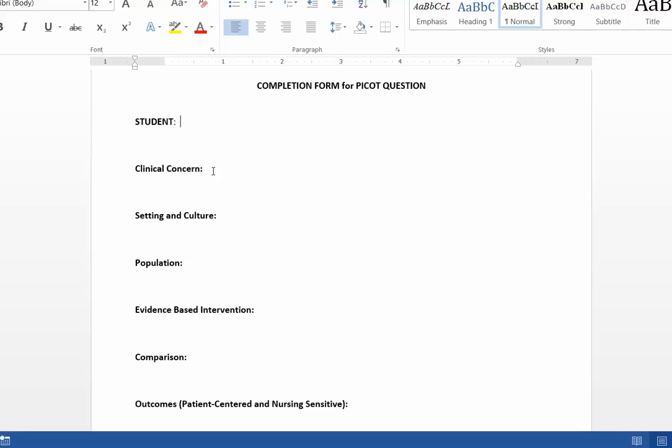So think about your clinical concern as being in the patient, reflected by things that happen to the patient, for example, mortality, morbidity, discomfort, pain, anxiety, depression, all those things are centered in the patient. That's your clinical concern. Then, under setting and culture, you are providing the background of the actual institution